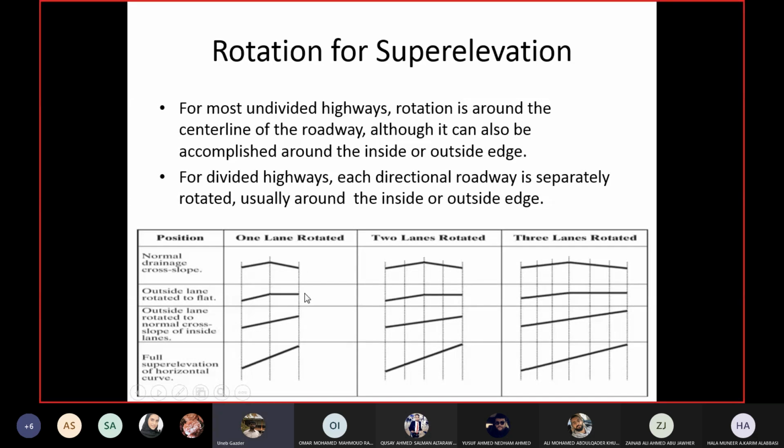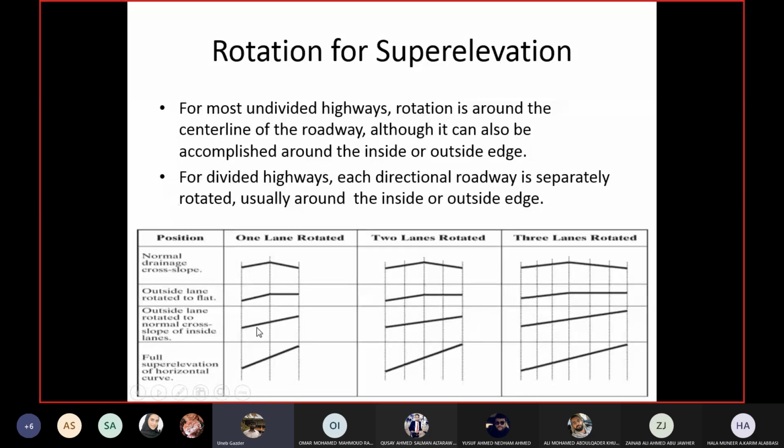So from here to here, it was tangent runoff. Now from here onwards, we have a start of super elevation runoff. And within super elevation runoff, this is one intermediate step where both lanes achieve the same slope. If this slope is equal to super elevation, good. That means the inside lane was already along super elevation, so then you don't need the last step.